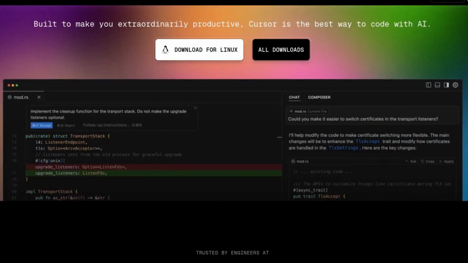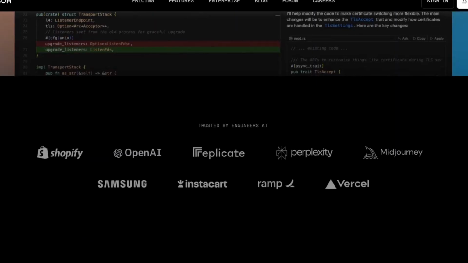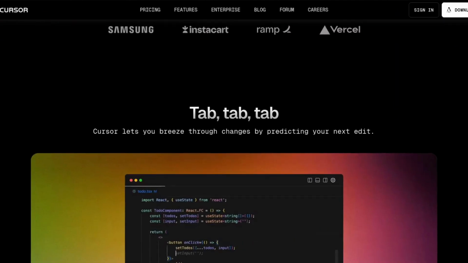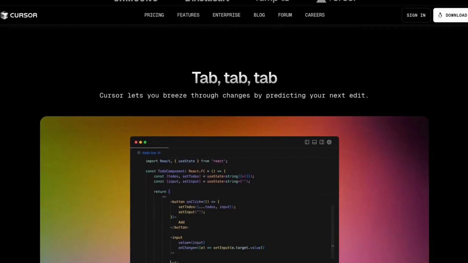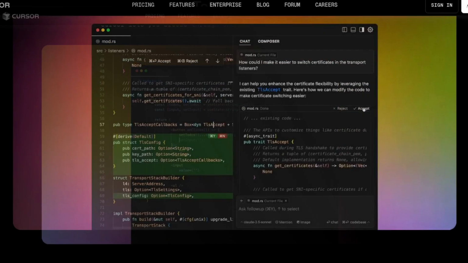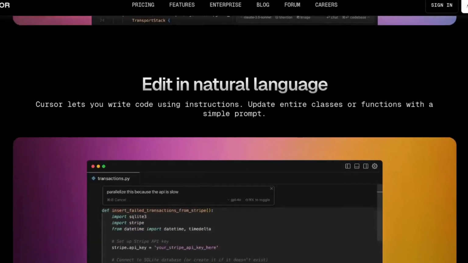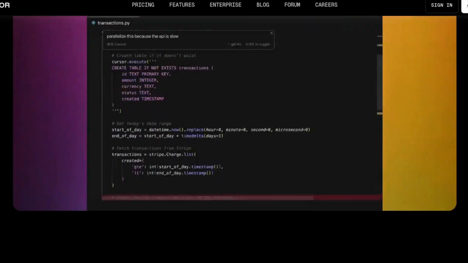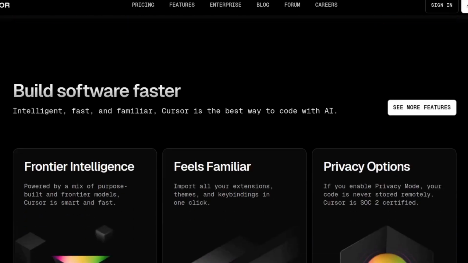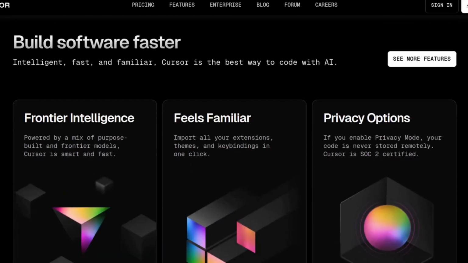Cursor is a smart tool that uses AI to help you write and change code. It's like having a helper that can answer questions and even come up with its own ideas. Cursor can work with you to do tasks you both agree on. It can do things like make new files, fix lots of code at once, delete files, or even mess up